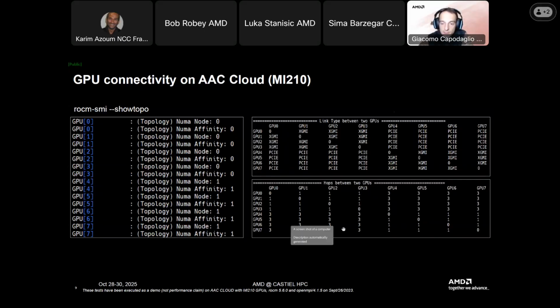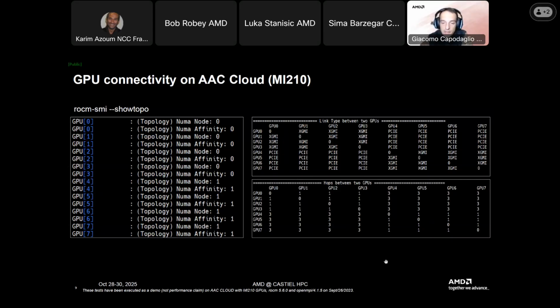This table down here also tells you the number of hops between two GPUs. If you want to have GPU 0 communicate with GPU 1, 2, or 3, there's only one hop because they're in the same NUMA region. For 4, 5, 6, and 7, GPU 0 will have to do 3 hops. And you can already tell that the more hops you have to make, the